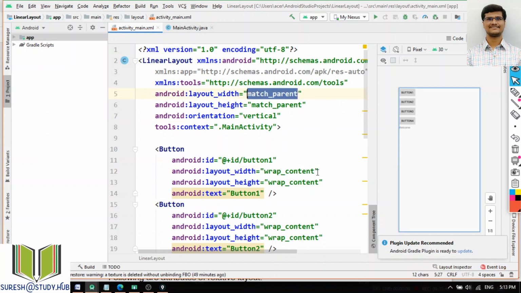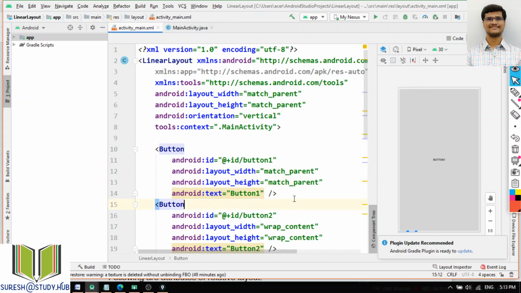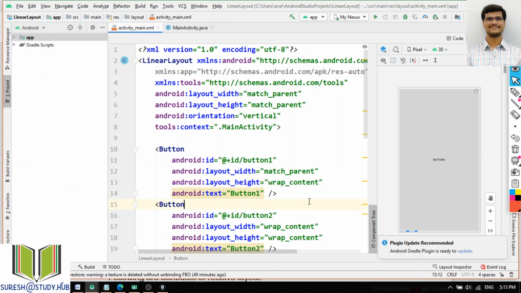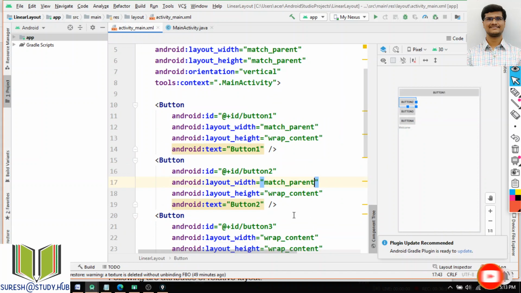Okay. So if I use this match parent, you can observe the change. So this is width only. Okay. So when I use this one, you can see here, the second one also I will use match parent.